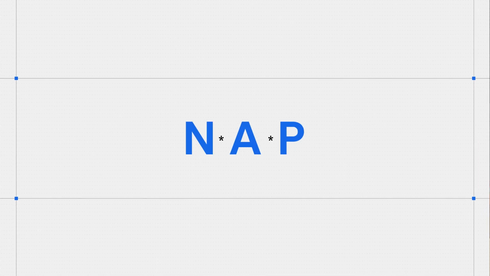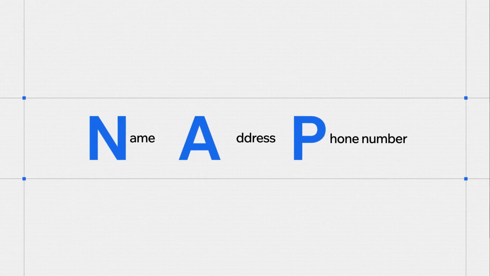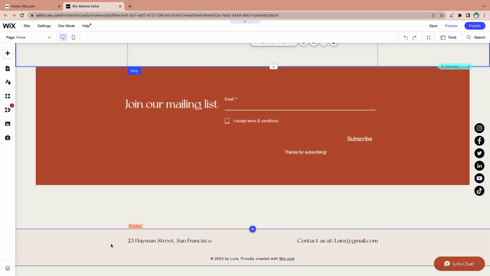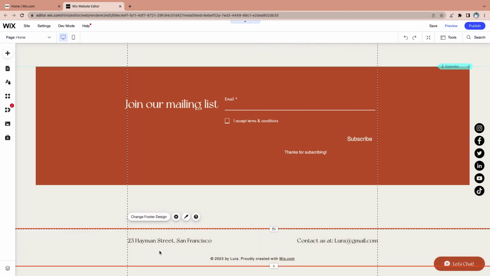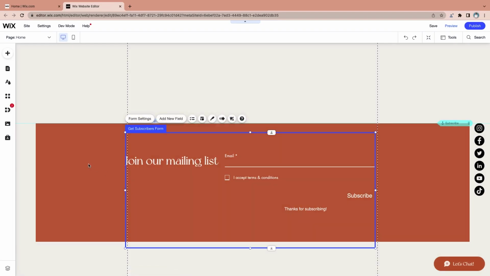Moving on. Every single one of my pages has to have my NAP, or name, address, and phone number. This helps my visitors contact me, and a 2-for-1, it helps users find me on Google. Thinking of user behavior, as users, when we're looking for contact info, we usually scroll to the footer of a page. So that's where I put mine. And I'll check that it's attached to my footer by seeing that it's highlighted in orange. Anything highlighted in orange means that it shows up on all of my pages, as opposed to something that's highlighted in blue, and that means that it shows up on this specific page.